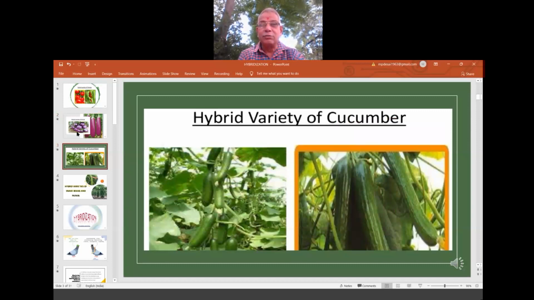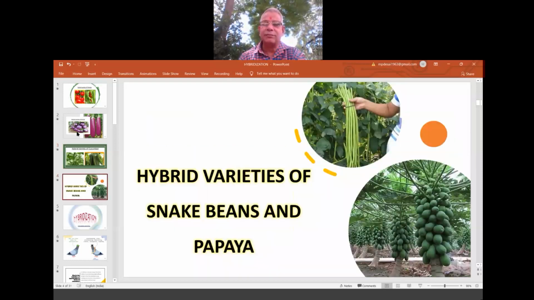Small size cucumber we used to have, not very big size. If you go to Bangalore, if you go to Mangalore or Malnad, there we have very much bigger size cucumbers, which are used for making very tasty sambar for the rice. People consume a lot of rice because of sambar only. When the sambar is very tasty out of pumpkin or cucumber, they go for consumption of more rice. So this is the hybrid variety of cucumber. You can eat raw, or you can go for curry, you can go for the sambar, etc.